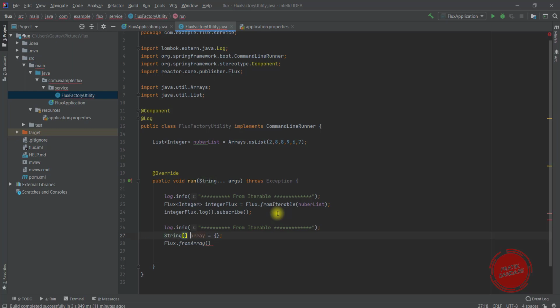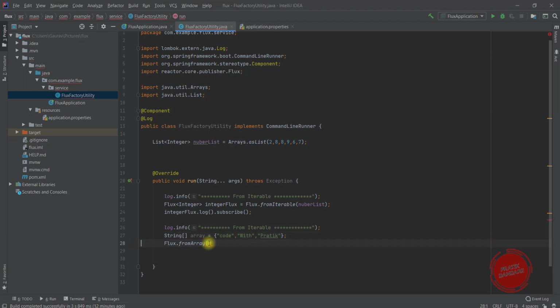So this is the array. I am adding some strings here, like code, with, Pratik. So I added three strings here.